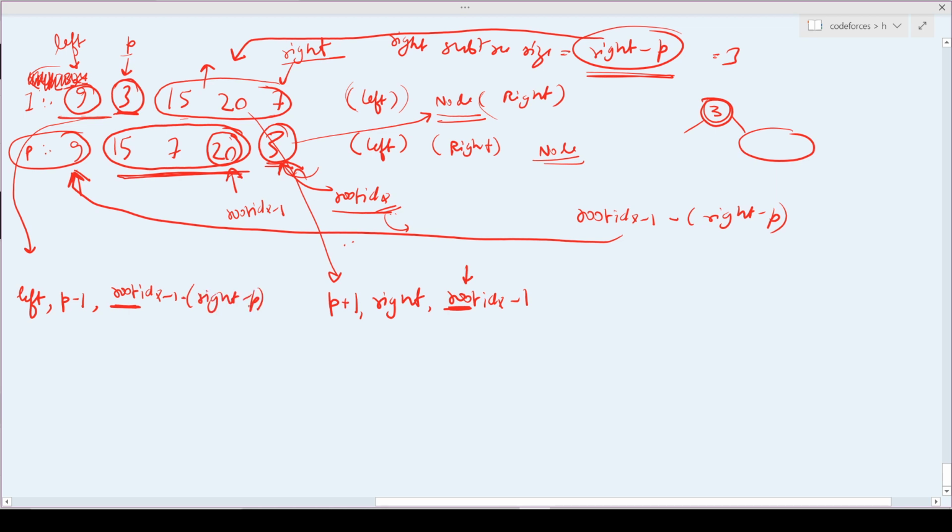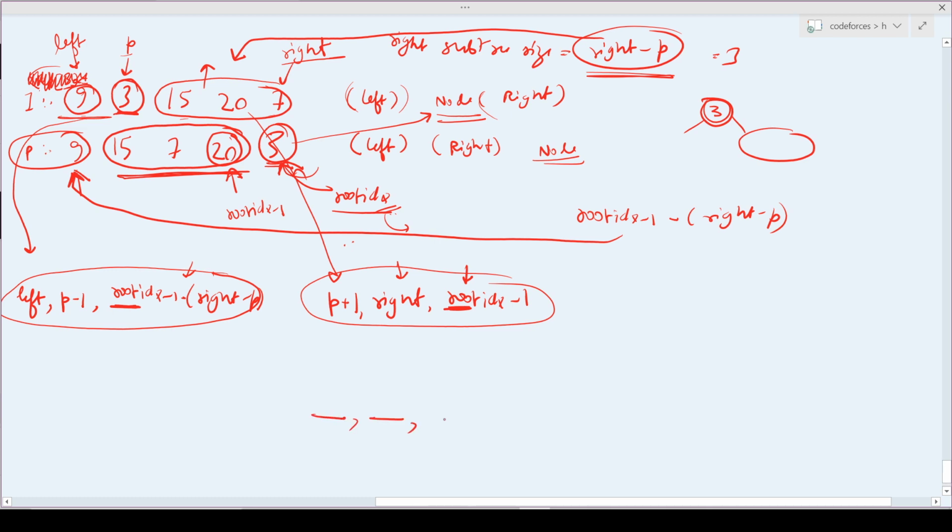And thus I will have a function call to these two values, so it is the left subtree and it will make the right subtree. Understand? So to start off, I will have this function call in my helper function with left and right, but from where will I start? I know that for my starting I need the left part, right part, and root index.